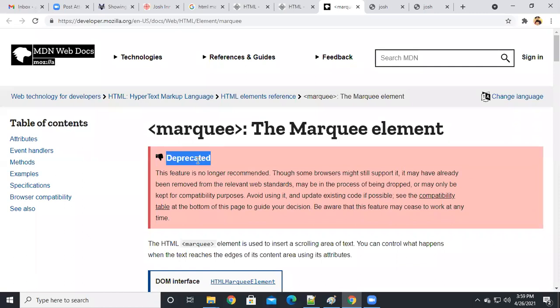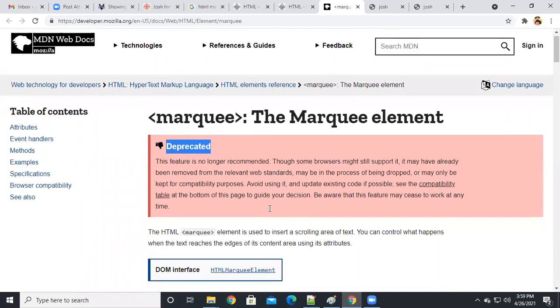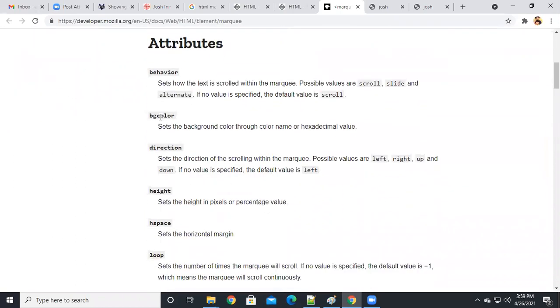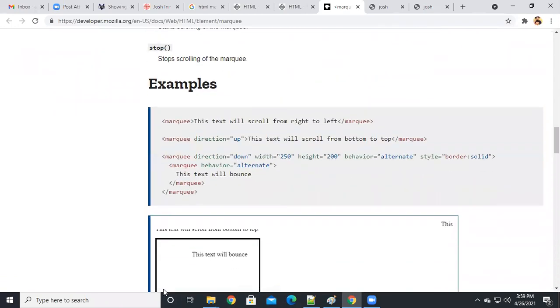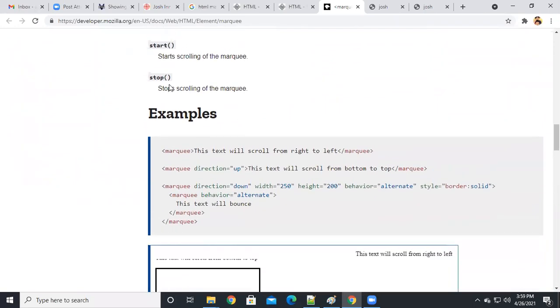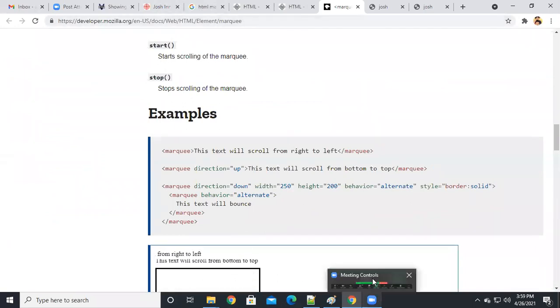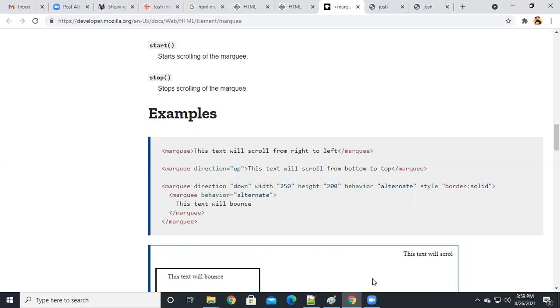See, this is also deprecated. We are not using marquee. It's a warning, it's deprecated. Okay. Background color, direction, height, hspace, loop, same attributes. Scroll amount, right? Stop. When you hover onto that, automatically it will stop. Like that, there are so many types of attributes. You just go through that. Understood, right? You just collect the remaining attributes also. We are clear, right? Okay, thank you.